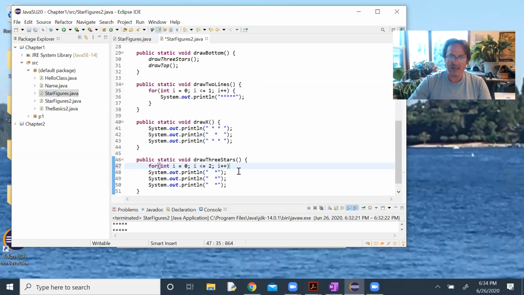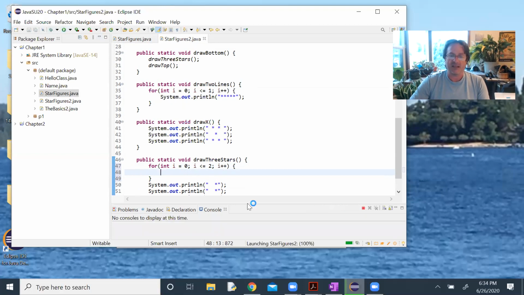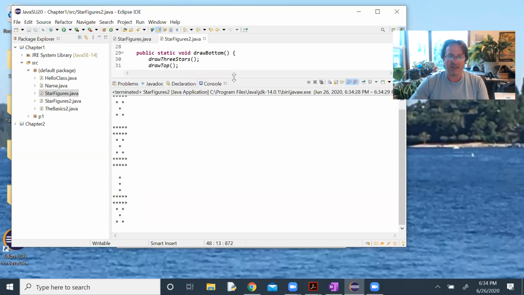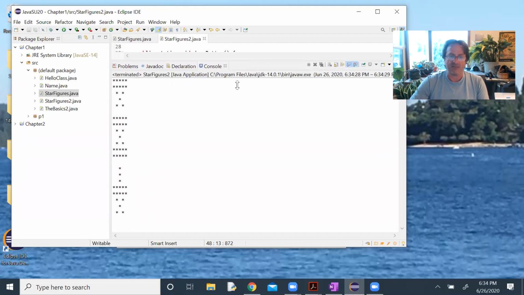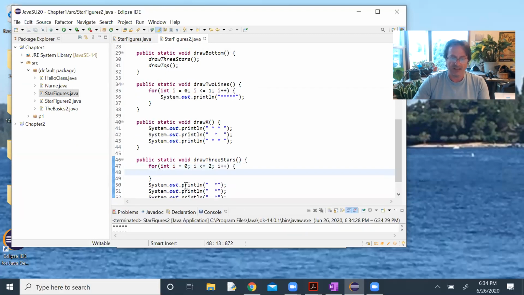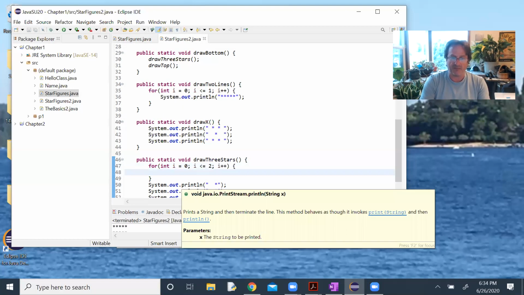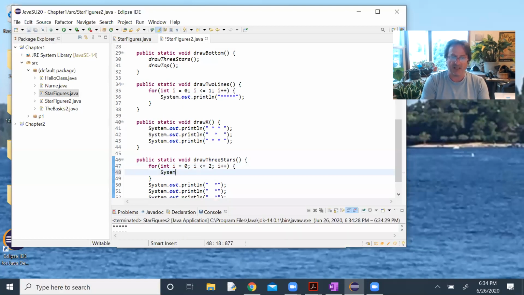And then we need to open the loop with an open brace, and I'll hit return to sort of close the loop. So notice the loop now is doing nothing. If I run this, I'm going to get the same output that I got before because there's nothing actually printing inside this loop. Let's just test something. Let's print something else inside this loop. System dot